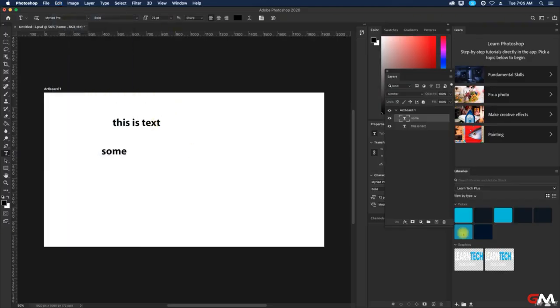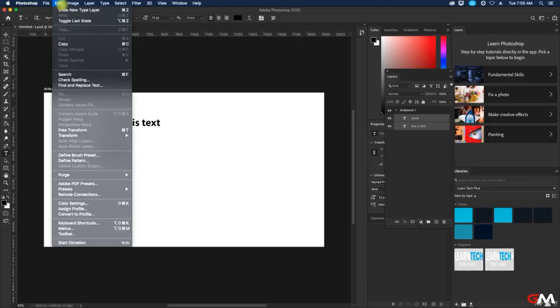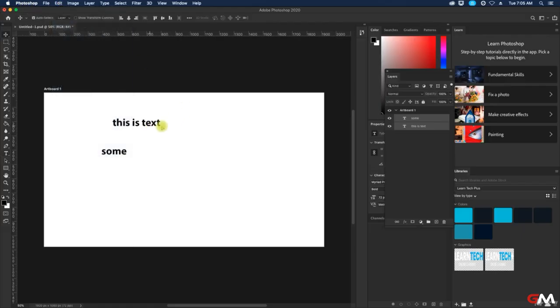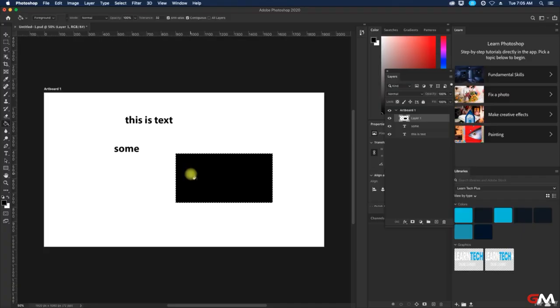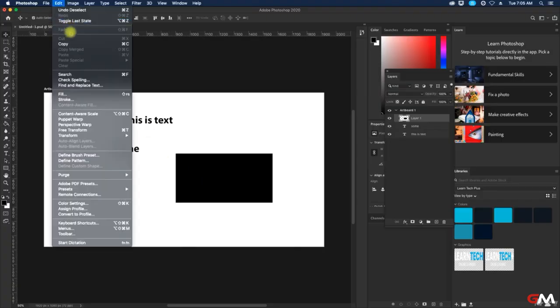Okay. Now the other thing we can do is if I select both the layers, it should allow me to, okay, it won't let me clear, which is fine. So we'll make another layer, and then I'm going to grab the rectangle tool here, and I'm going to draw a rectangle there. I'm going to hit the letter G for the paint bucket, and then paint that there, and then I'm going to hit Command D on the Mac, Control D on the PC to deselect this, and then let's do,